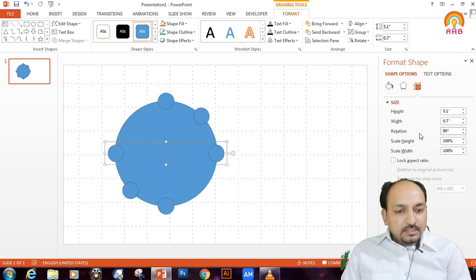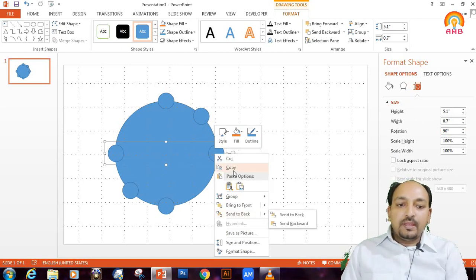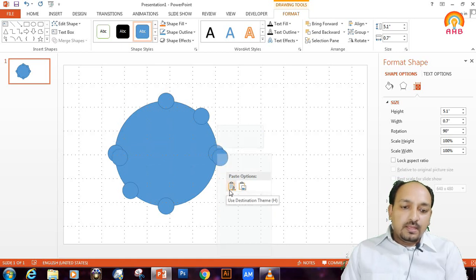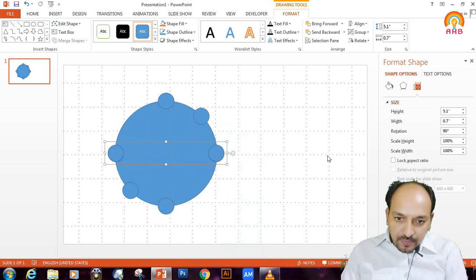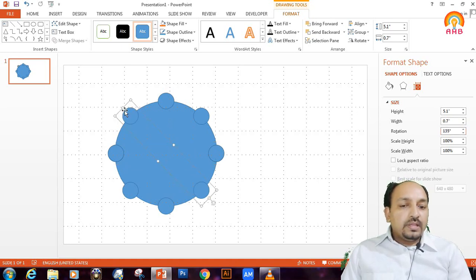Now here the angle is 90. Again I am copying it, pasting it and keeping it on the same position. And now I am again adding a 45 degree angle, that is a 135 degree angle.